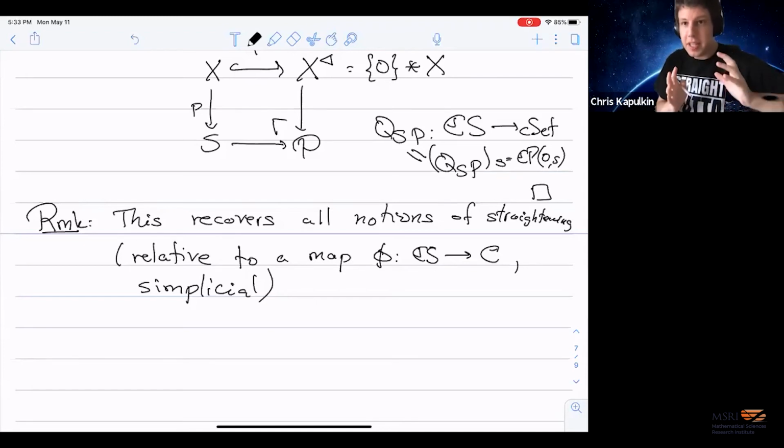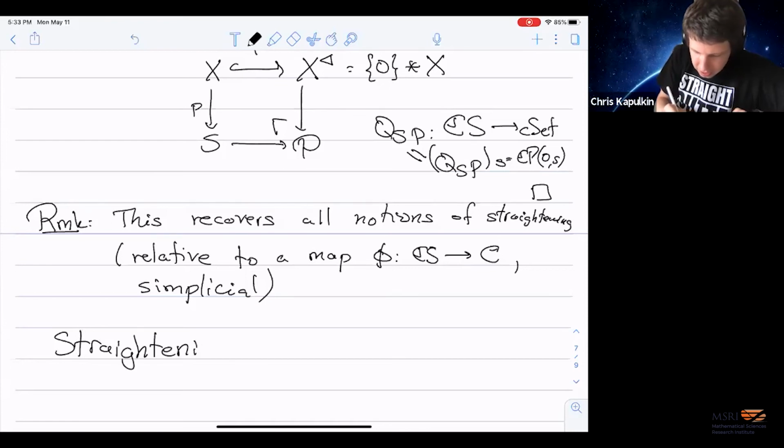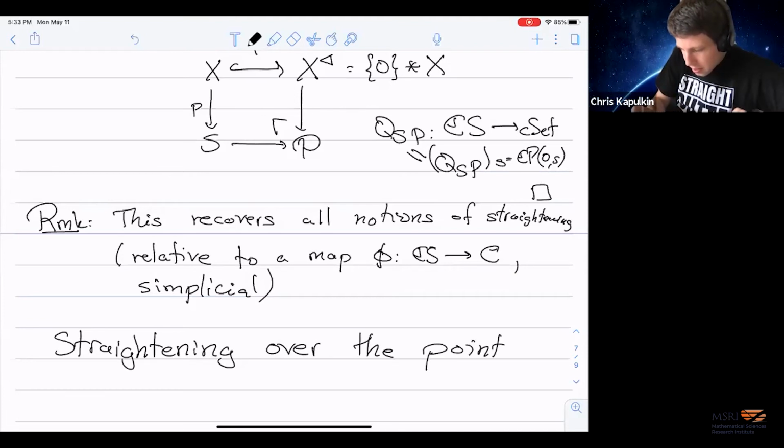One of the reasons is that these functors are actually pretty cool. So now let me talk about straightening over the point. And maybe I'll emphasize one other thing: if you don't believe me that these constructions are useful,